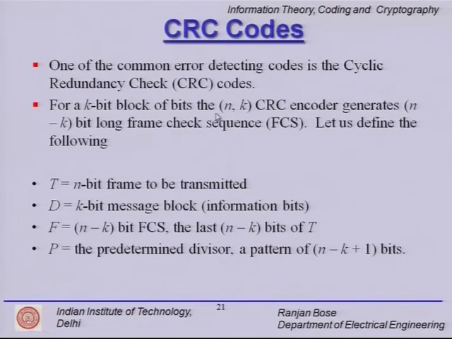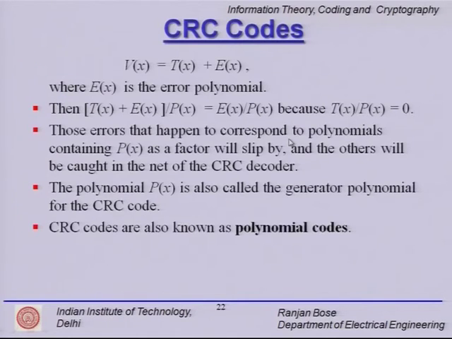Okay. So, we can have a k bit block of bits, and the (n,k) CRC encoder generates an n minus k bit long frame check sequence. So, you have the first k bits as the information bits, and then n minus k, the overhead bits, are the frame check sequence bits. And please note, as we have discussed before, what we receive, suppose v(x), is nothing but what you send, t(x), plus an error e(x). So, e(x) is the error polynomial,